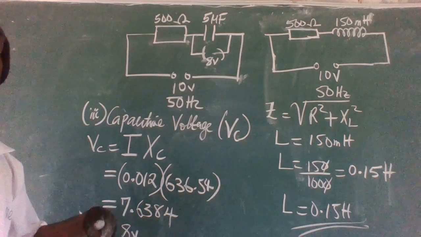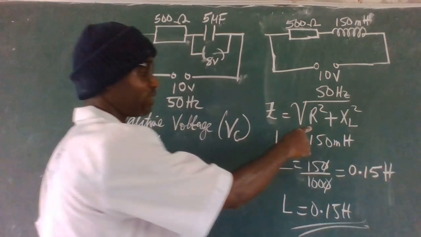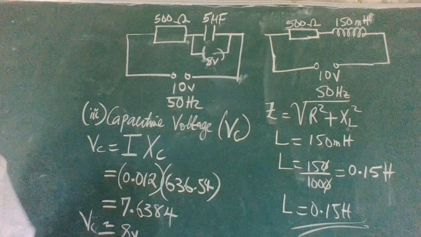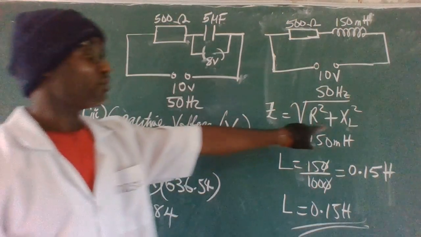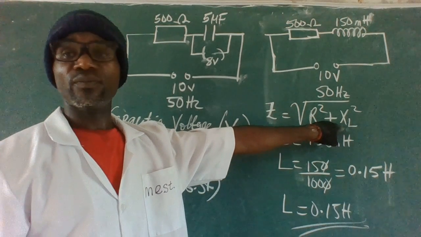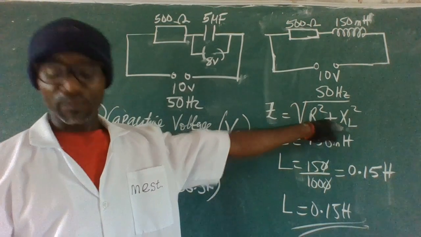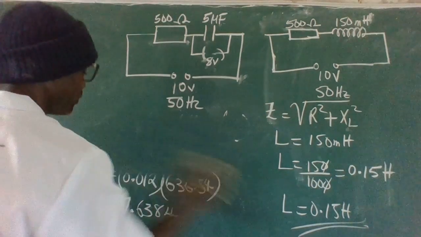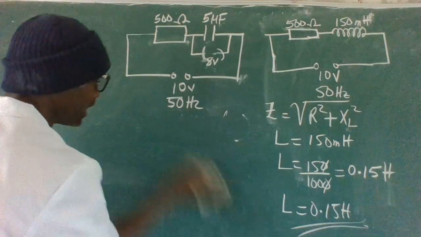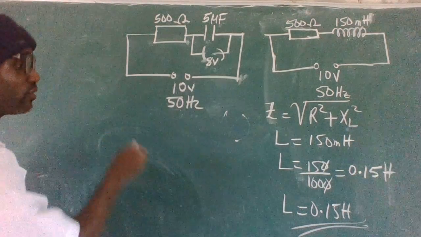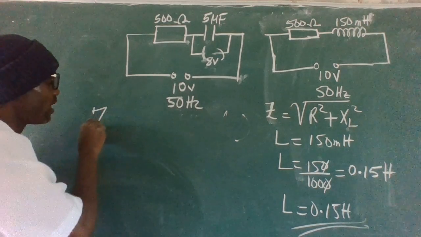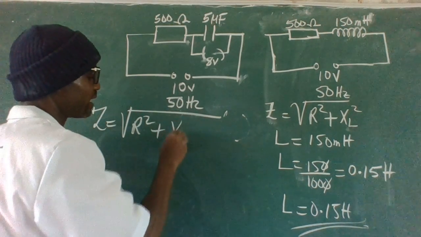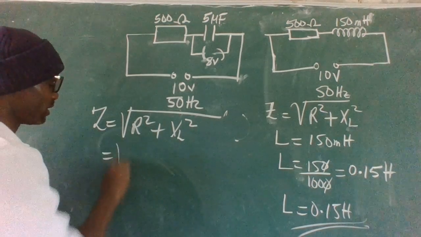So with this, we can now calculate the impedance. We have found the inductive reactance. If we now substitute wisely here, we'll be able to find the impedance. So let's quickly do that without wasting time. Impedance can be found using the square root of R squared plus XL squared, and this becomes, for R,